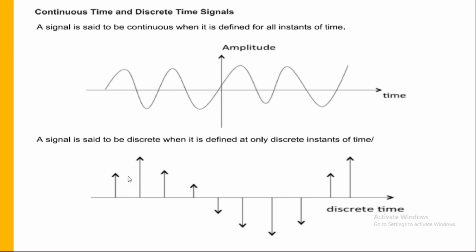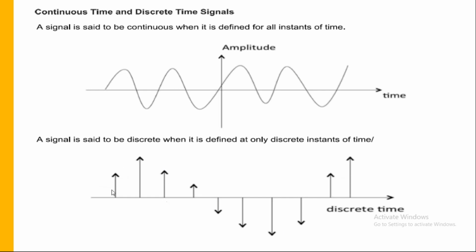But the advantage when compared with this and this is, try to understand in the communication sense, suppose you want to transmit this signal. Since it is continuous in nature, if you want to transmit this signal through a channel, you need to use a huge amount of power. Since it is varying continuously with respect to time, the amount of power required to transmit this is also more. But if you observe this, instead of having this signal like this, we are going to sample it at certain instants of time, and we are sending that.